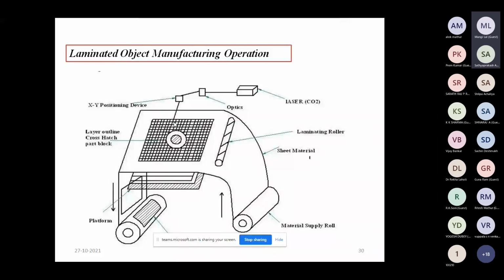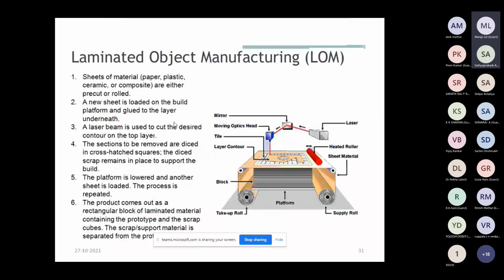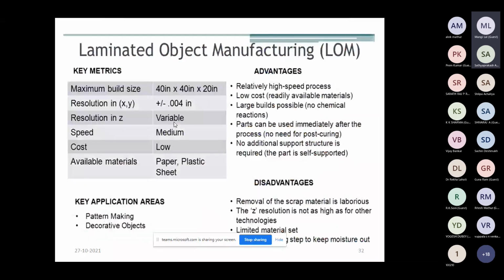So cutting these cross-hatched sheets is very difficult. This is the main drawback of laminated object manufacturing. This is what decubing of the process is.